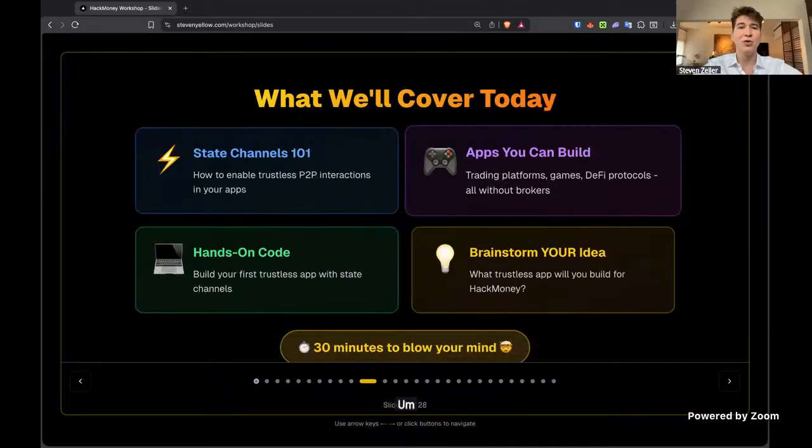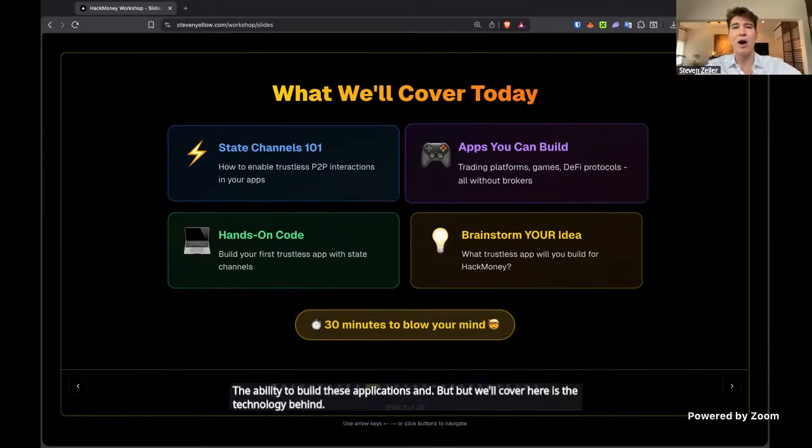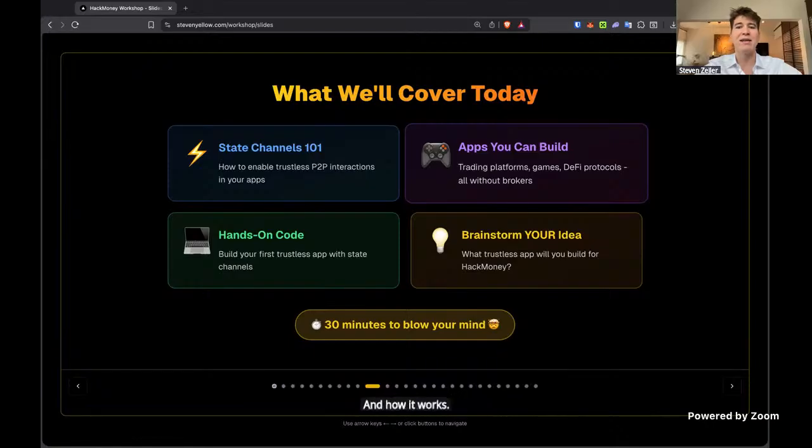Okay, so the Yellow platform gives you the ability to build these applications. What we'll cover here is the technology behind it and how it works, and some examples of code to get you started, to give you an idea of how to build with the Yellow SDK and the Yellow state channels.